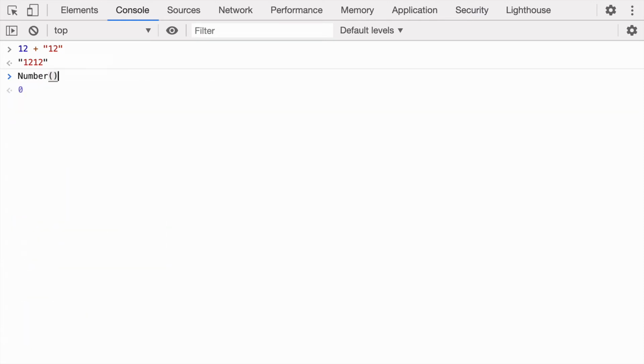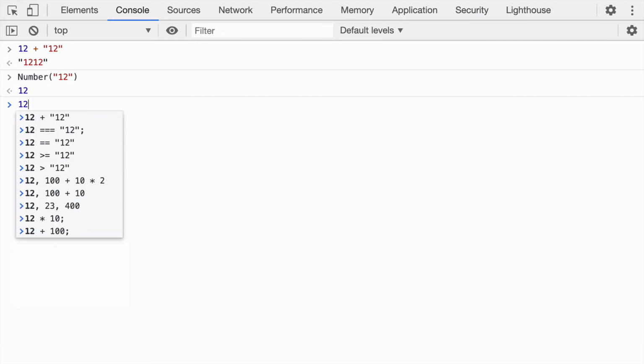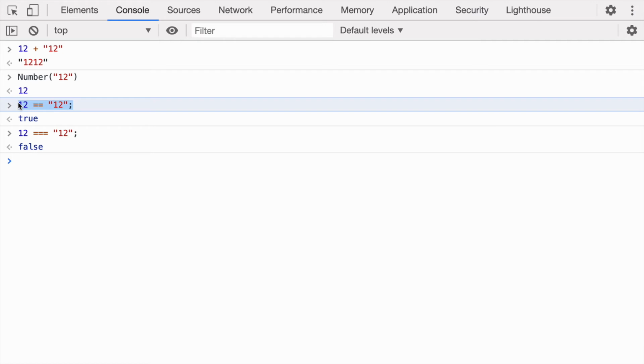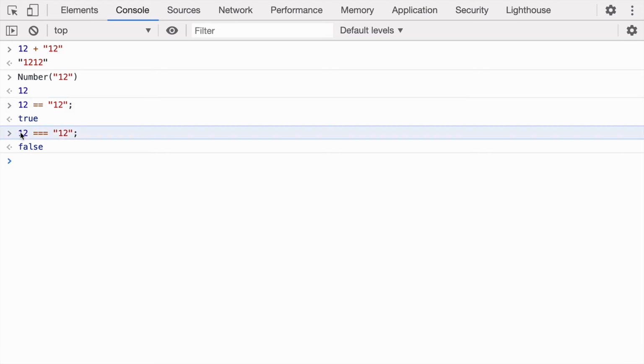There is another type of conversion where you as a developer can convert something like 12 of string to 12 of number. So we revised type conversion. Now let's see 12 is equal to 12 of string. It returns true, but when we do the same thing with strict equality, it returns false. Why is this happening? In the first example, we are comparing two values, 12 and 12 of string, using double equal to, and here we are using triple equal to. Let's try to understand the difference between them.